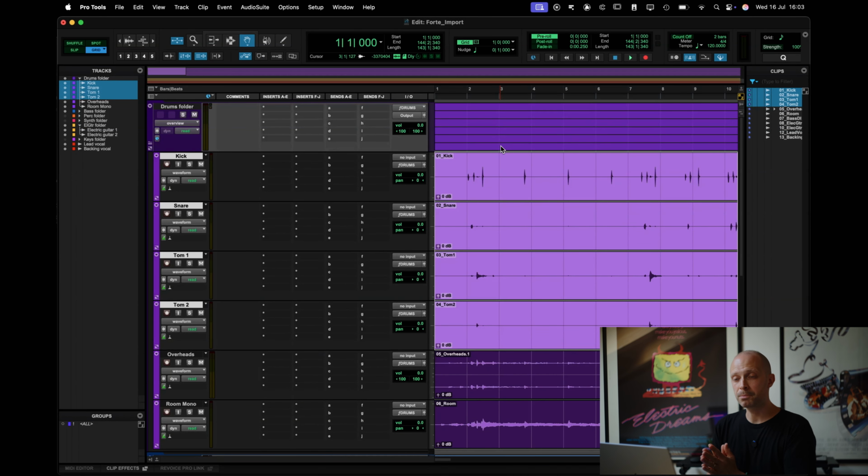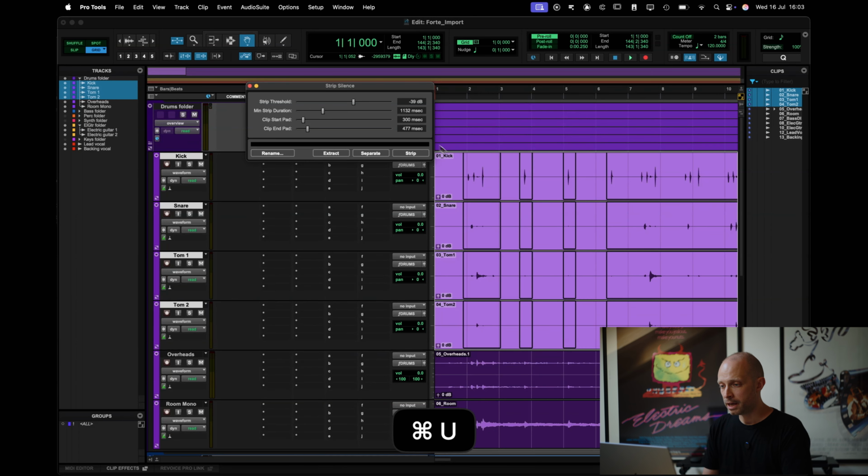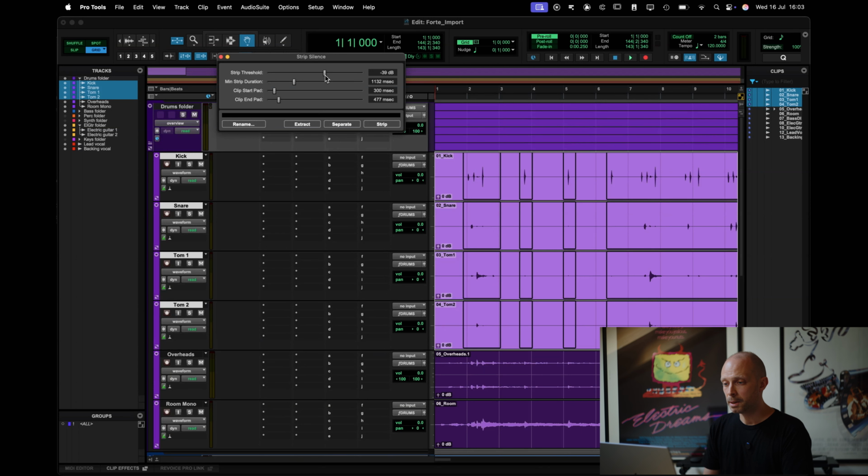So as you can see, I'm now presented with a situation that looks like this. And what I'm going to do is I will hit Command U, and what this is going to do is bring up my strip silence settings, the native strip silence settings of Pro Tools. Now, you need to be careful here, because what Pro Tools is going to do here is show you a preview that applies mainly to the first track, but when it strip silences your tracks, it'll